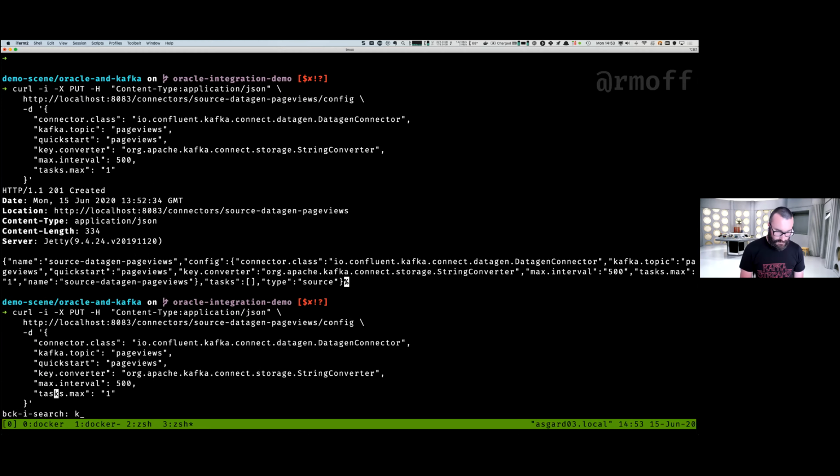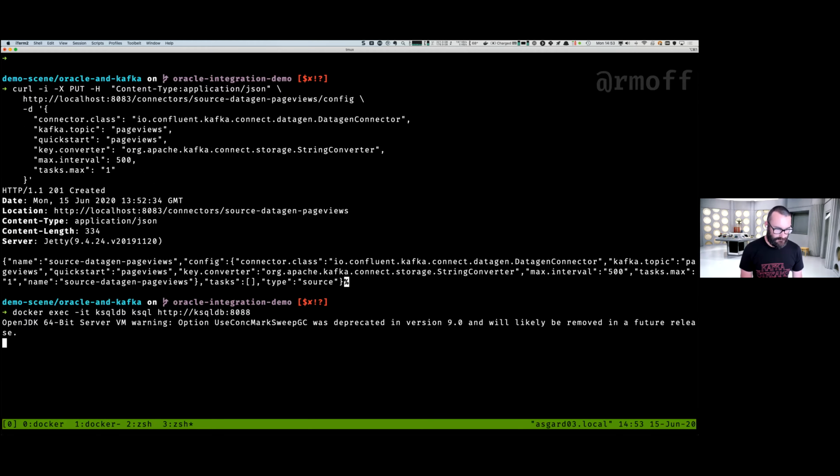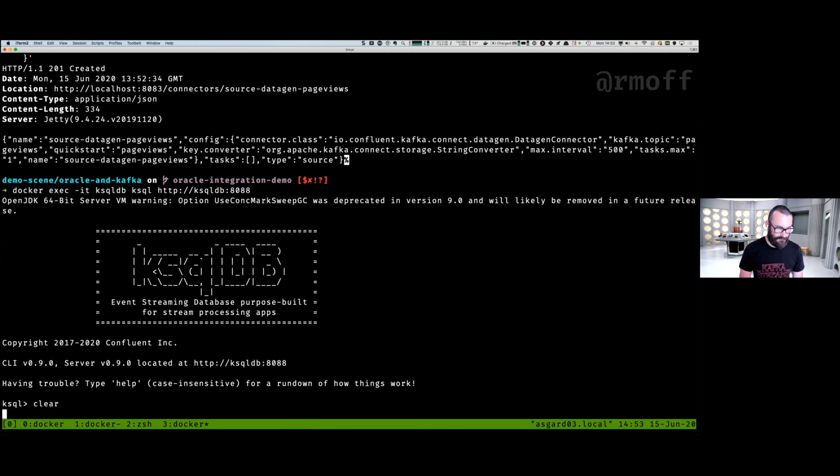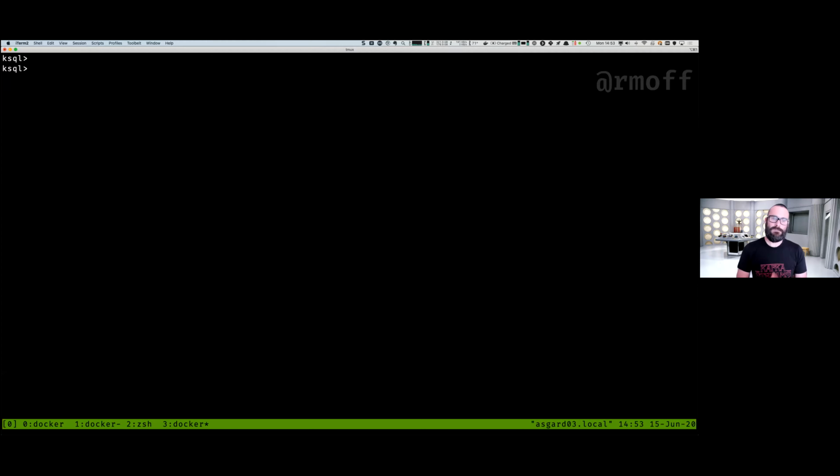And now let's go and launch ksql. Got lots of windows going on here, so let's clear the screen and that comes up. And now we're at the ksql command prompt. So ksql is built on top of Kafka Streams, which is built on top of Kafka. Apache Kafka has got the Kafka Streams library within it, again part of Apache Kafka, just like Kafka Connect is. And then as part of Confluent Platform, ksqlDB is built on top of Kafka Streams. And it lets you use SQL to declare what you'd like to do with streams of data.